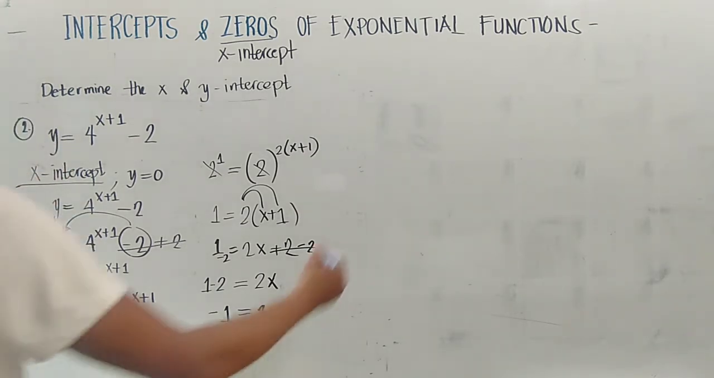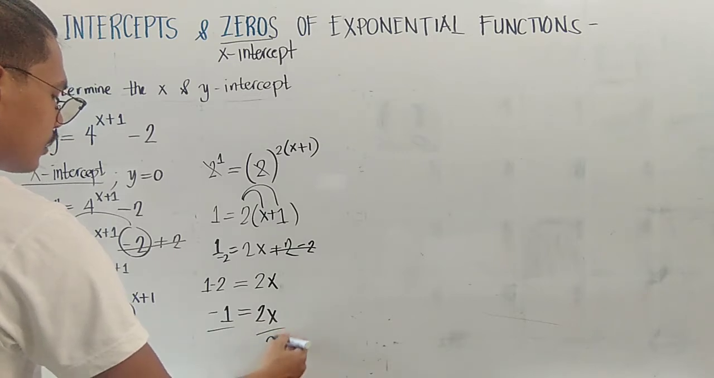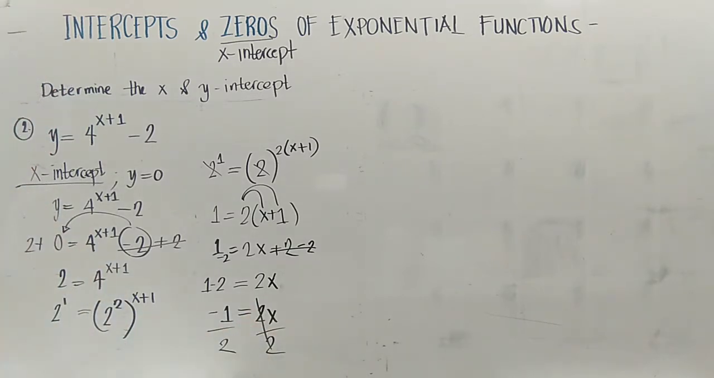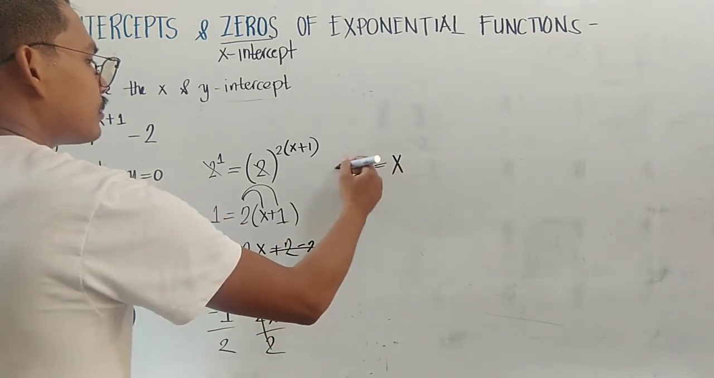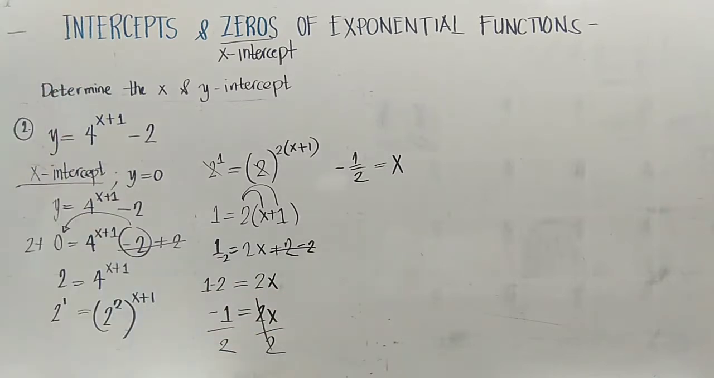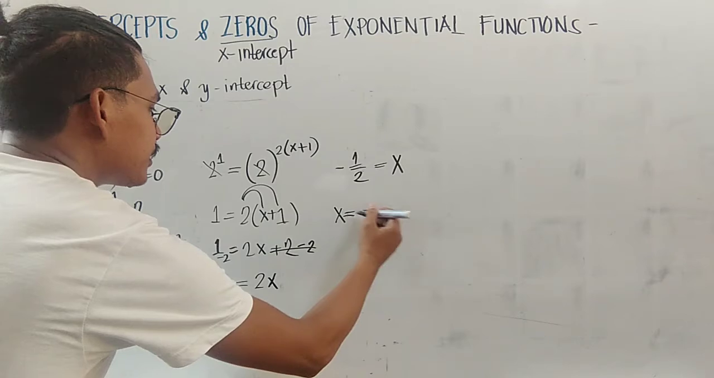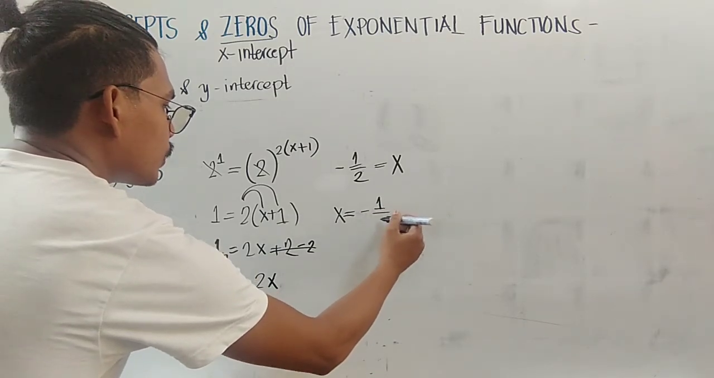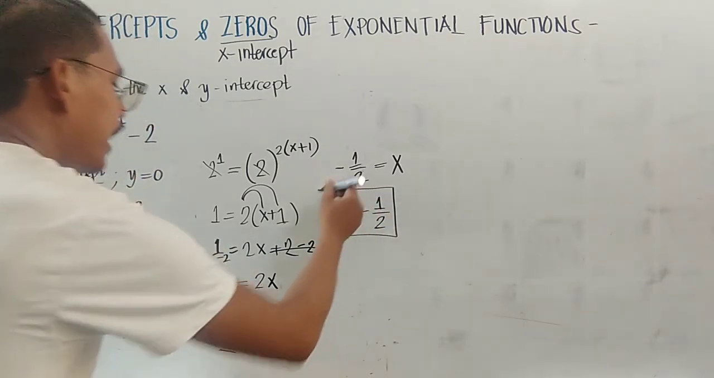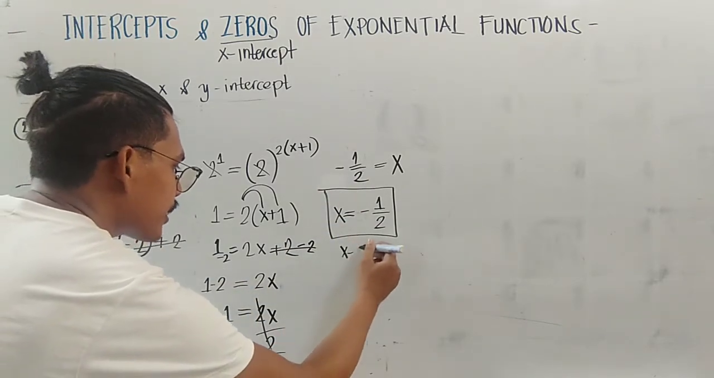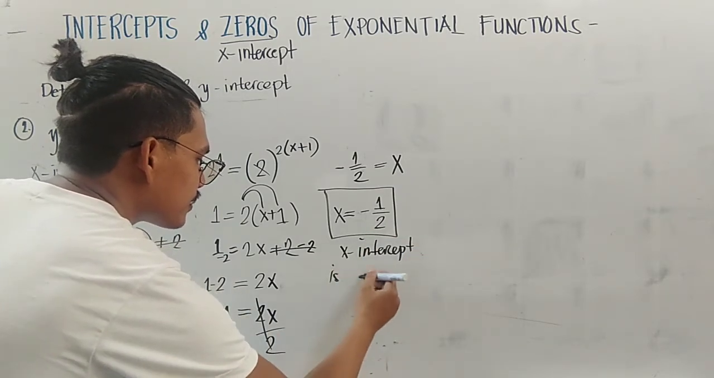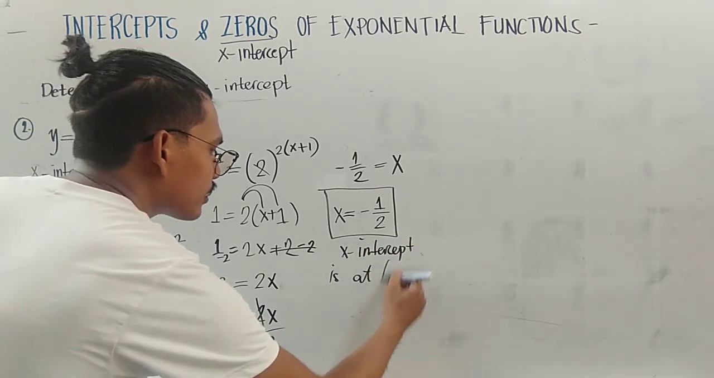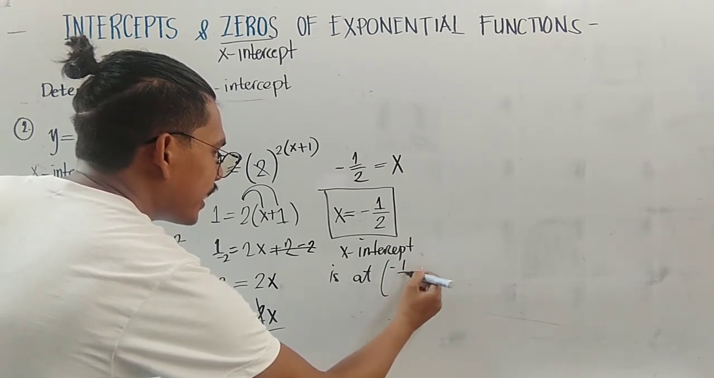Simplifying, we divide 2 on both sides to eliminate this 2. So we have now x is equal to negative 1/2. Or the proper way of writing it is x is equal to negative 1/2. Your x-intercept is at point negative 1/2,